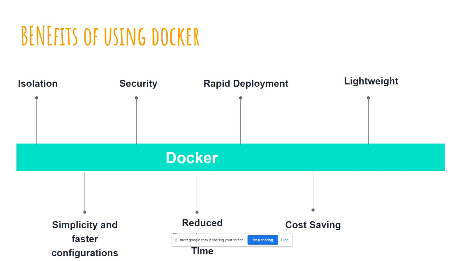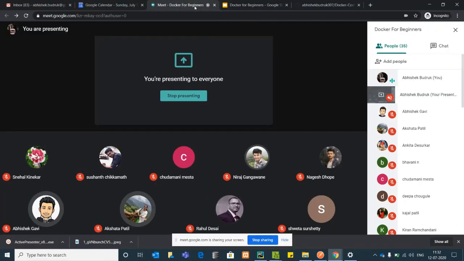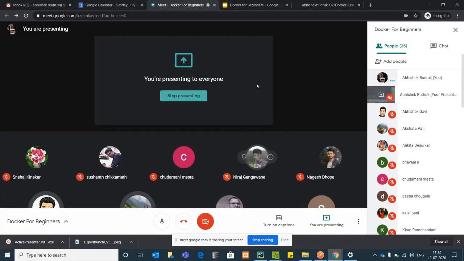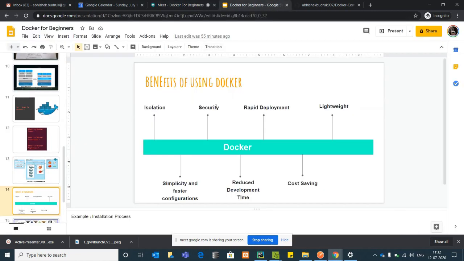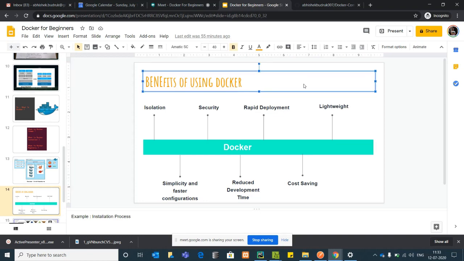So rapid deployment. I have mentioned this because quite some time before, someone, I guess Neeraj, asked me how software developers will work with it, like in web development.